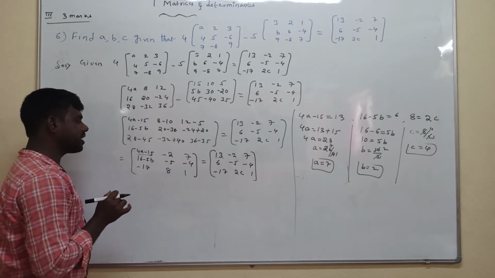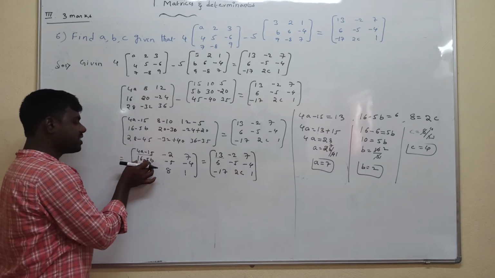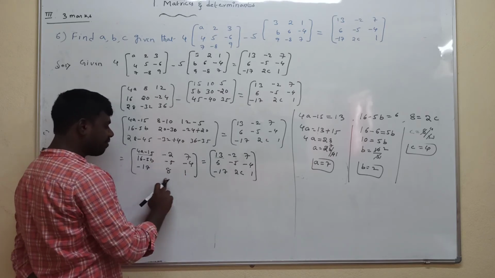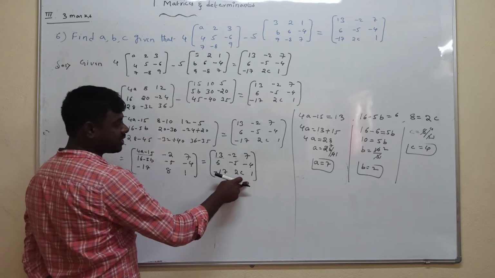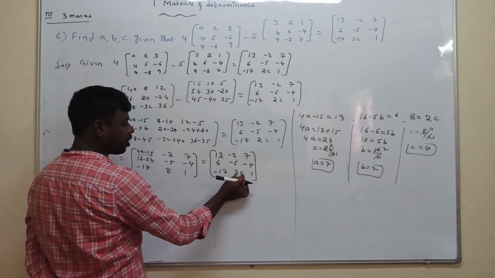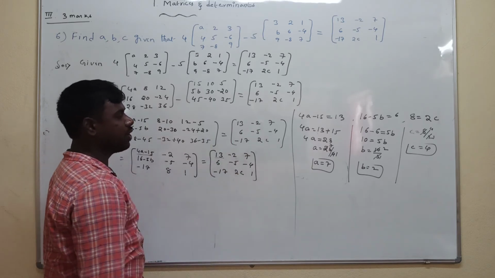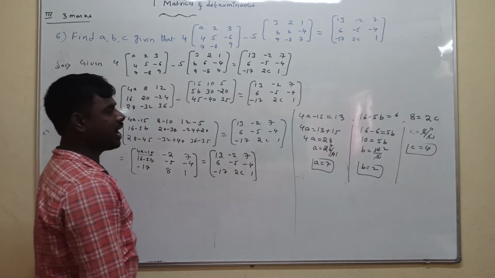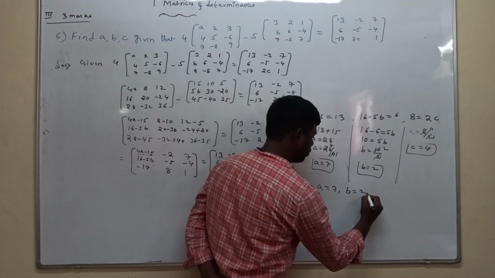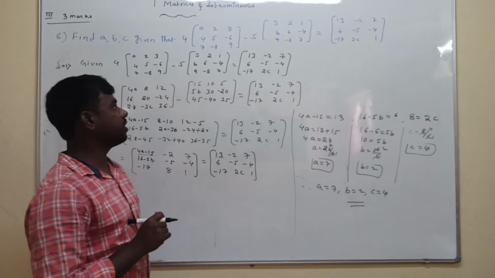On the left hand side, A is in the first element, equal to the first term on the right. B is in the second row, first column, that's why this element is equal to this element. But C is not there on the left hand side, so observing the right hand side, there is a 2C. C is in the third row, that's its particular place. 2C is equal to what is in that place here? 8. 2C is equal to 8. Finally you got the A value, B value, C value. Conclusion: A is equal to 7, B is equal to 2, C is equal to 4. This is the required solution for this question.